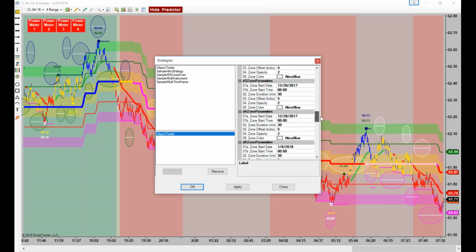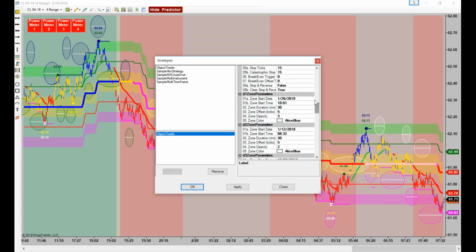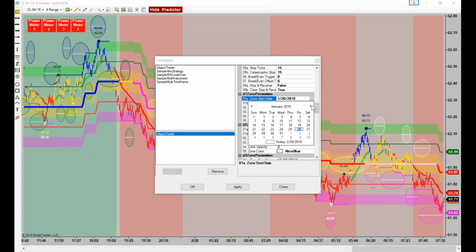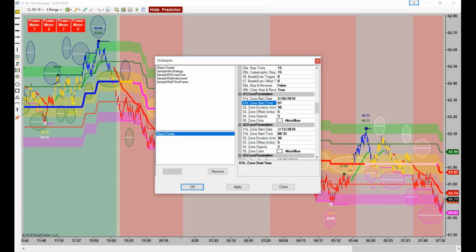Then let's set this one. Same thing, just go to your zone. Set it for the 20th of the month of February. Always make sure you put a colon in between your time, and it's a 24-hour clock. So 7:59 in the morning is obviously 7:59, but what would 7:59 at night be? That'd be 19:59, right? So let's set this for 7:59.